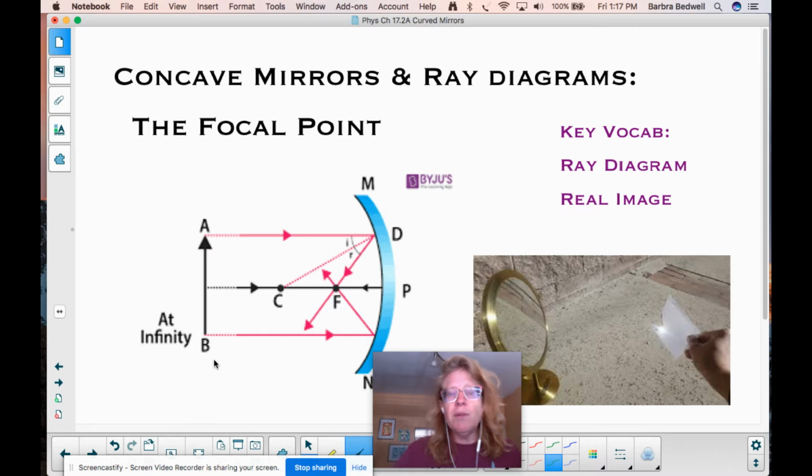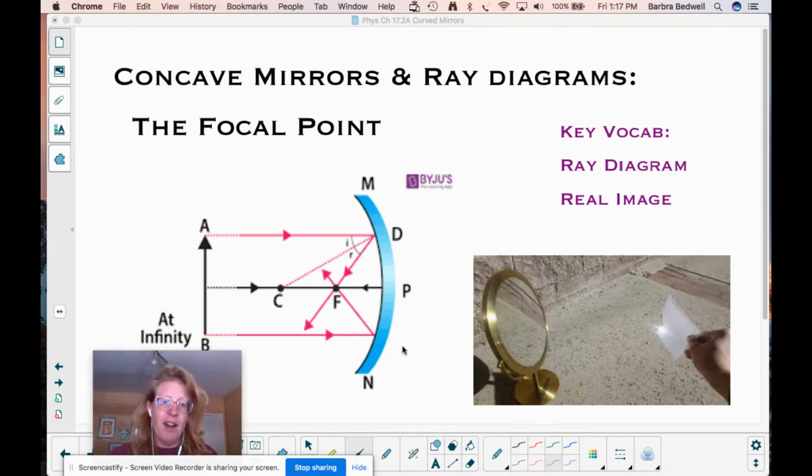So now how do we use these to draw some images? I don't know if you're aware of this or not, but you can actually start a fire with a basic spherical concave lens. Please do not go start a fire in Lake Tahoe right now. Do not tell them that I am your physics teacher or that you learned this from me. But it is indeed possible to do this